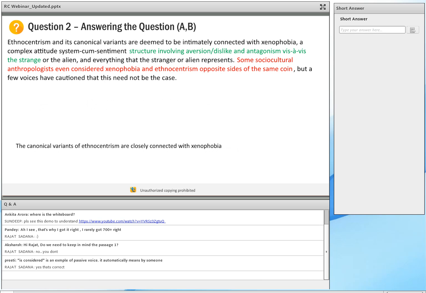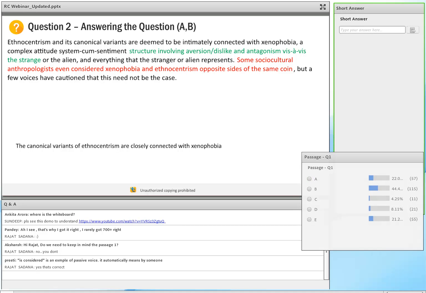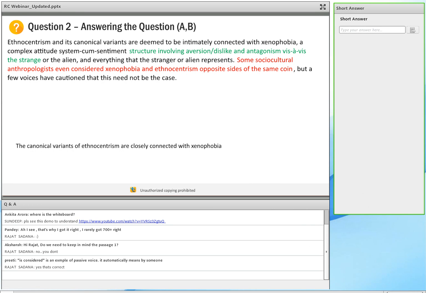All right. So let's look at how you guys polled over here. And I'm going to bring in our poll. Very few of you, if I remember correctly, chose choice 2. Let me just bring in, where is my poll question? Here is how you guys polled, if I remember correctly. So choice E was popular, choice A was popular, choice B was very popular as well. Let me just remove this.